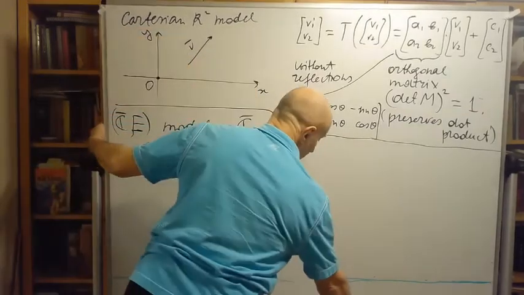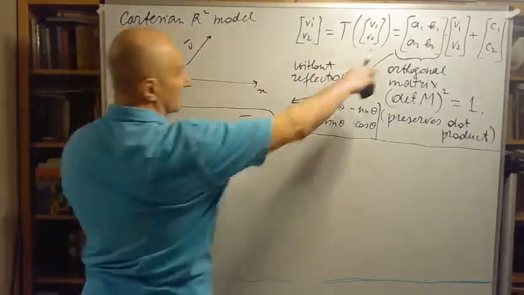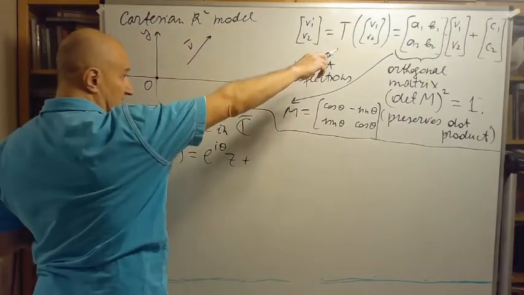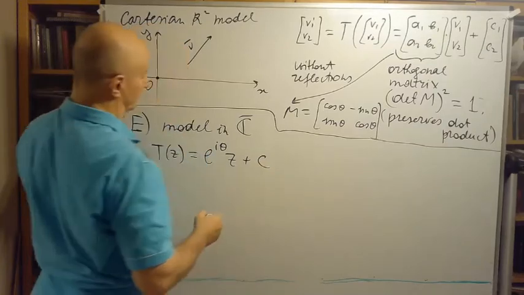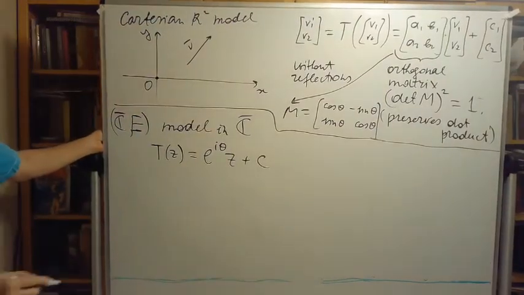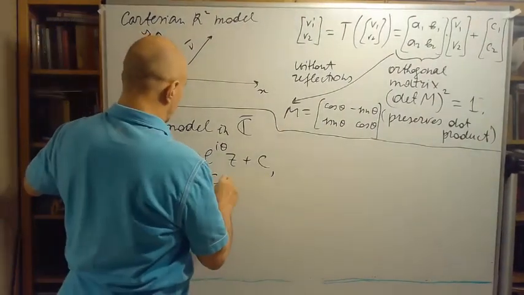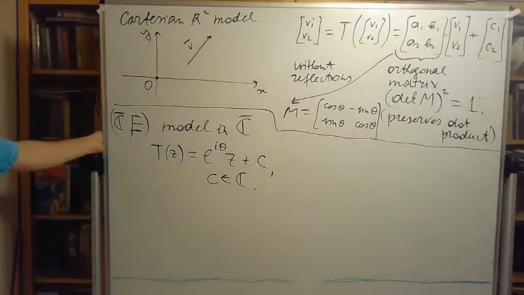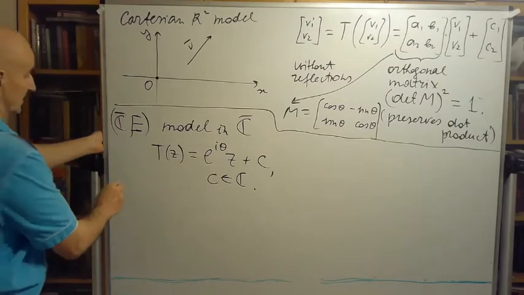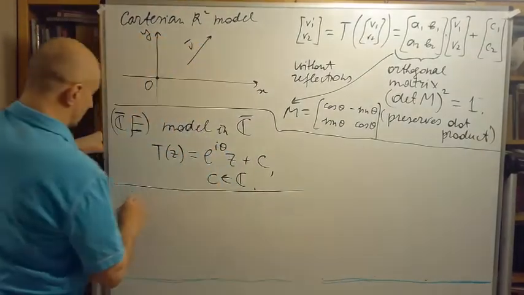Or, in order to keep notation consistent with this, here our translation vector was c, I would say plus c, where c is a complex number, where c belongs to the complex plane. So these two models,